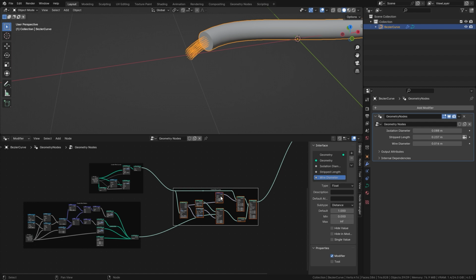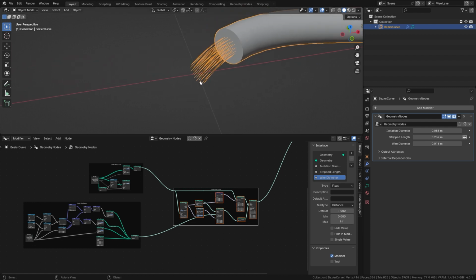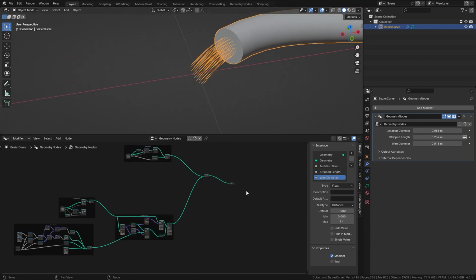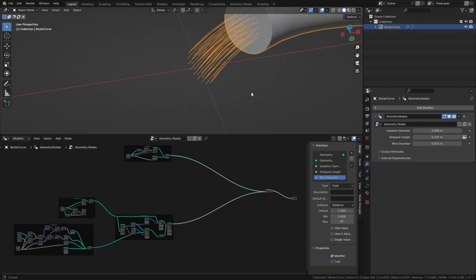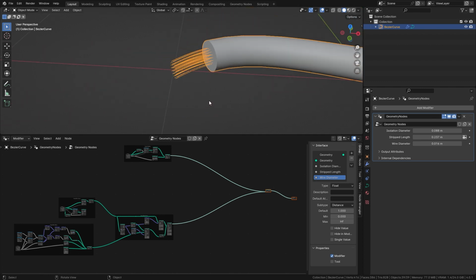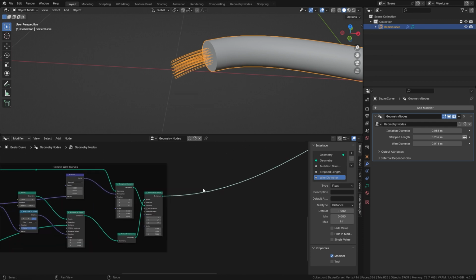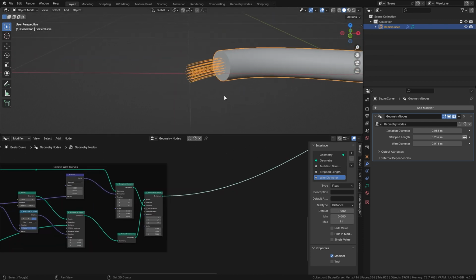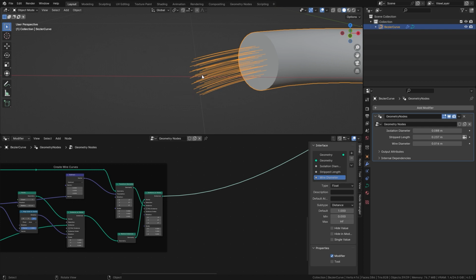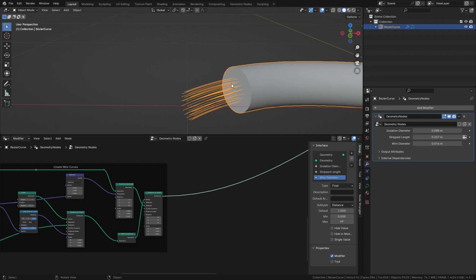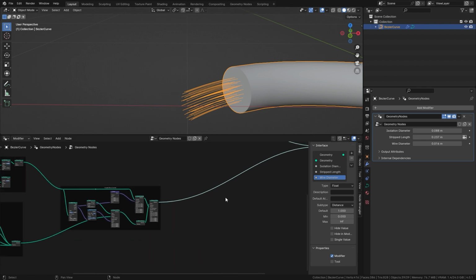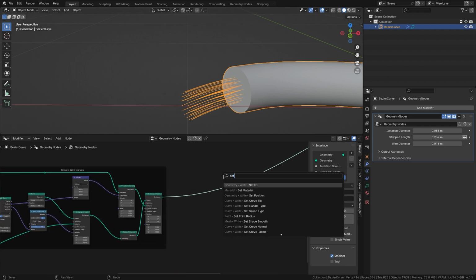Alright, next I want to add some functionality to manipulate the wires, because usually if you solder or crimp a wire, first you twist them. How do we twist them? We need to change the position of the points of the curve in a way that it rotates around the central point or the central curve depending on the length of the curve. Sounds complicated, but